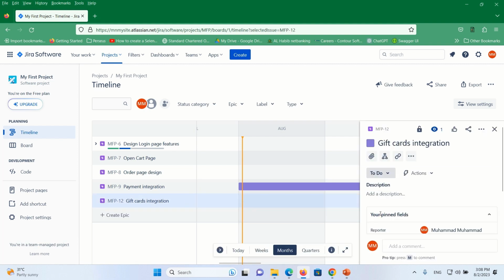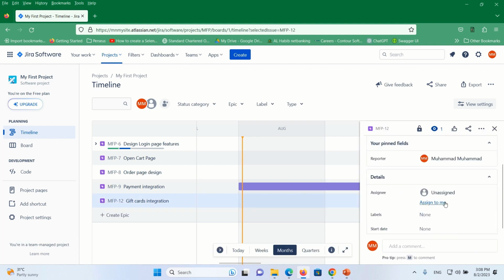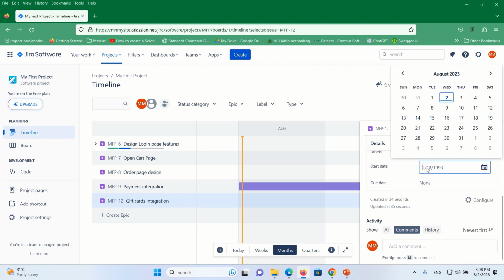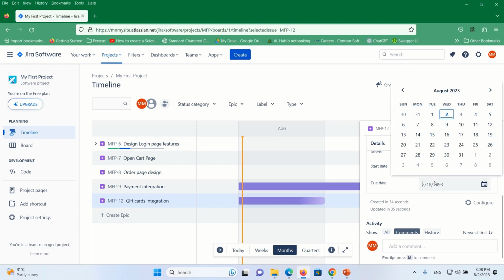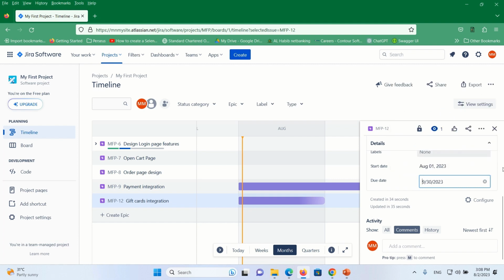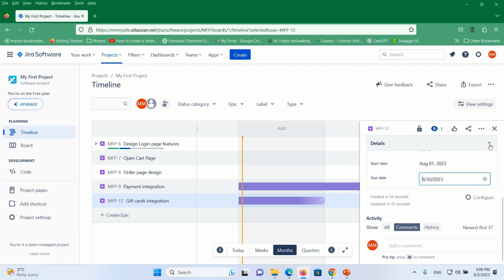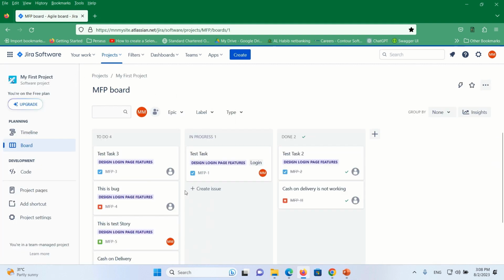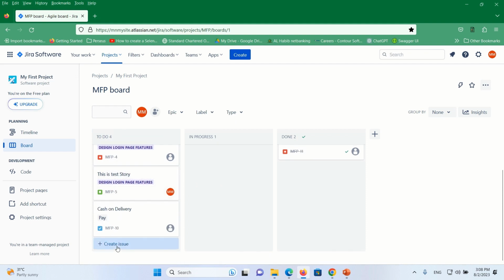In the epic, I can define the start date and end date. For example, I would like to start this from August 1st, and then I would like to finish this epic on September 30. So once I do this, one timeline will appear against this epic. And if I would like to add a task in my current board, I can create from here,